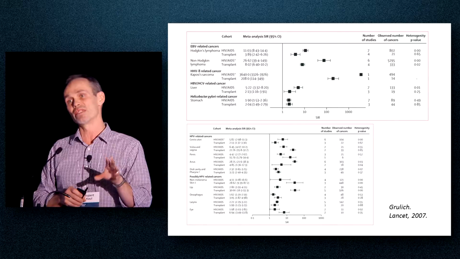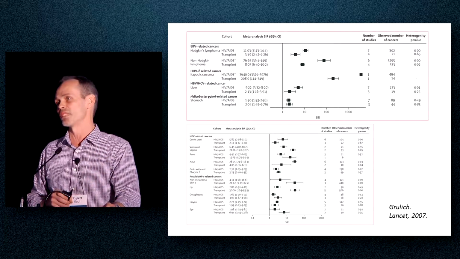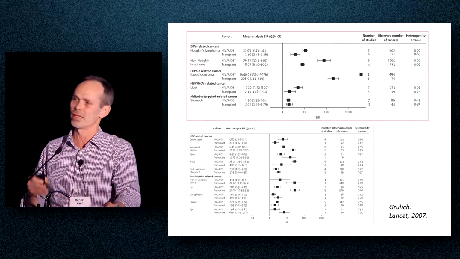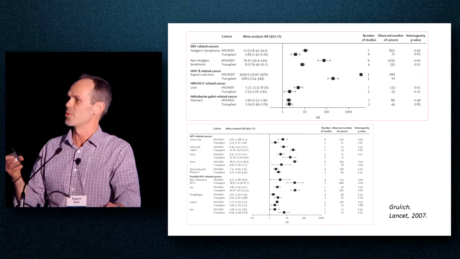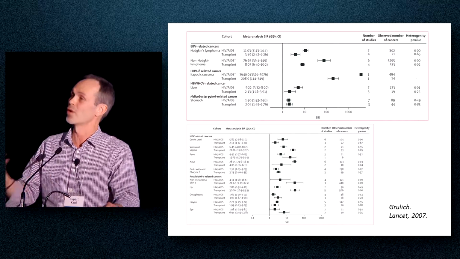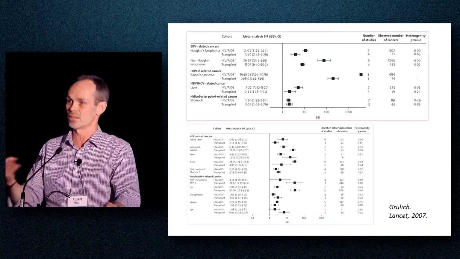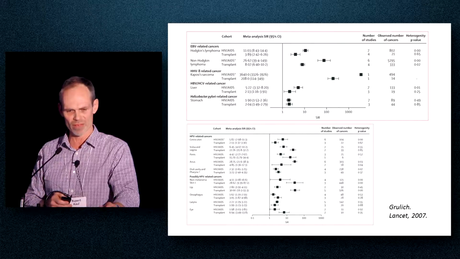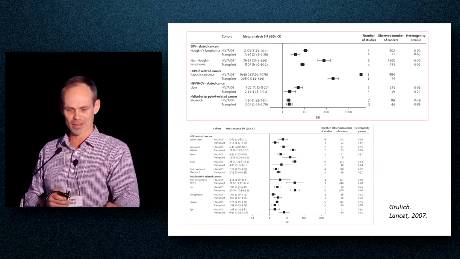I'm not going to go through them. What we used to call PCP, now we have to call PJP, this Pneumocystis jirovecii pneumonia, thrush, cryptococcal disease that can cause meningitis, etc. Many of the opportunistic cancers that we think of as associated with HIV, and that's particularly lymphomas, particularly Kaposi's sarcoma, are related to infections as well. And so those cancers are actually caused by infections. And I think that's on the next slide.